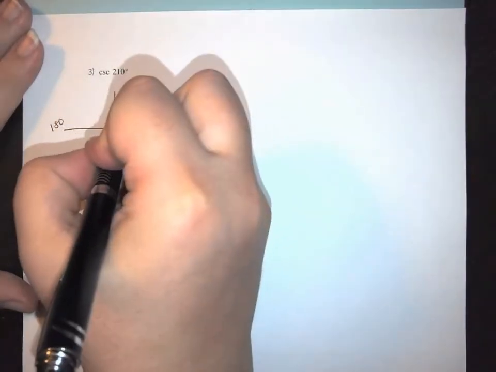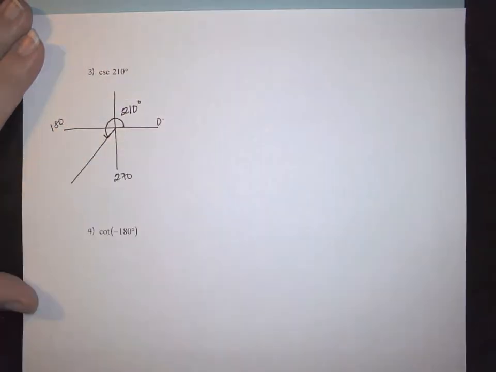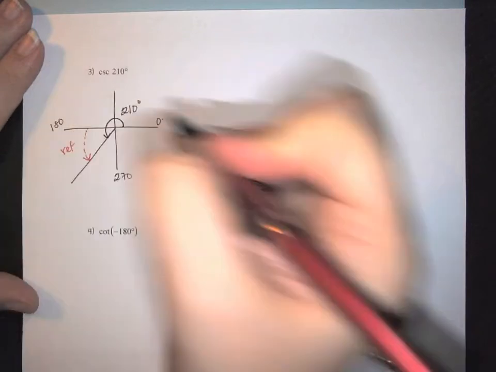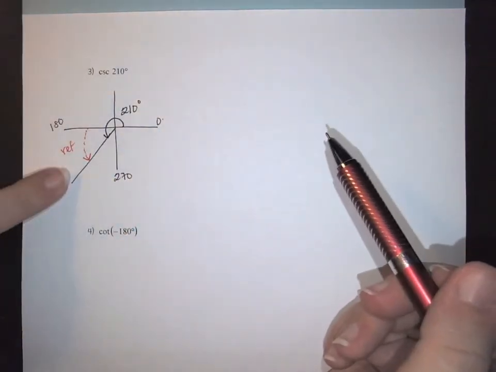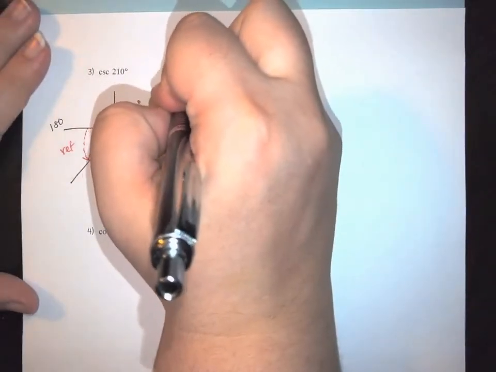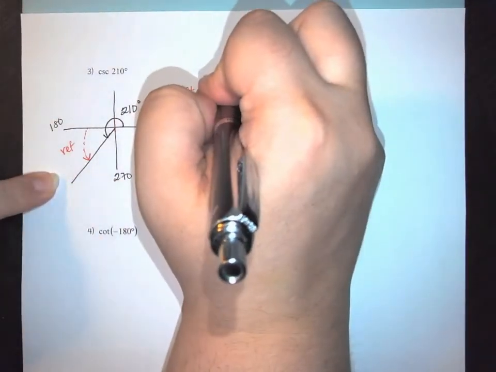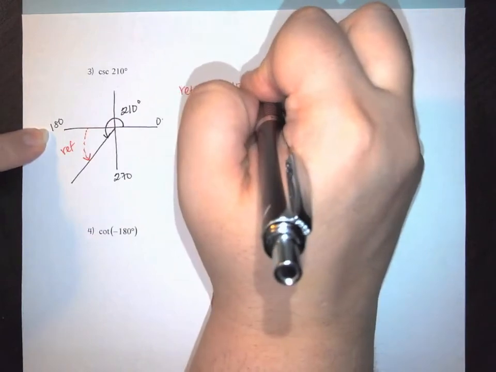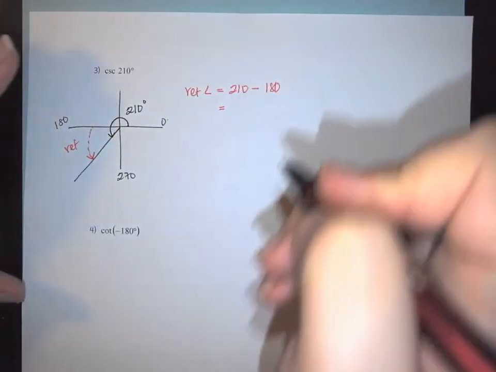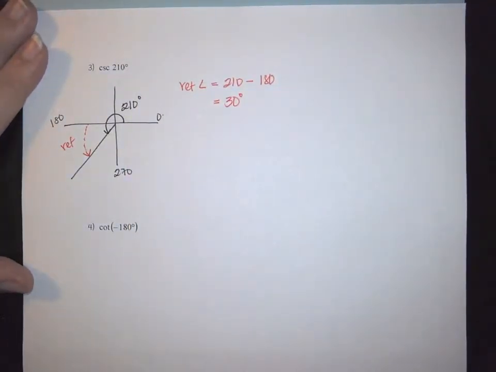Once we know where that is, we know this whole angle here is going to be my 210 degrees, which again means that this piece here is going to be your reference angle. Okay. Now from this, again, we're in the third quadrant, and so the third quadrant says that to calculate your reference angle is going to be the angle, so 210 minus 180. So this is going to give me a reference angle here of 30 degrees,